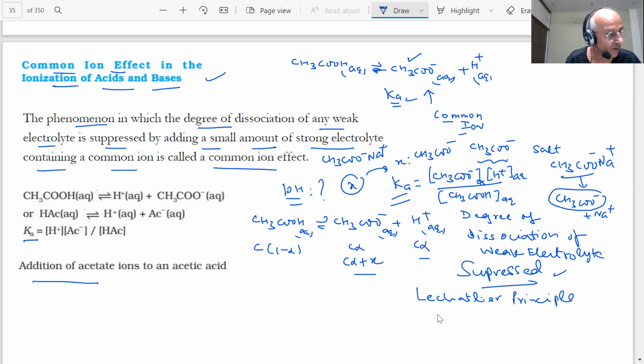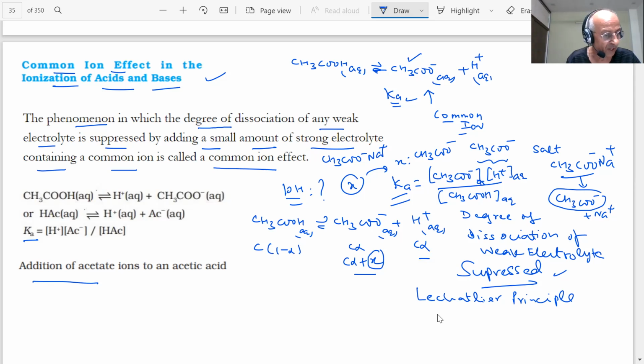What is the result, students? This will react to produce back acetic acid. It will react with this to produce... This X will react with what? H plus, to produce back the acetic acid, students. Therefore, there will be a change in the concentration of the hydronium ions, and this value will decrease. You will find there will be a decrease in H plus because H plus will react with this acetate ion to form back the acetic acid. So this is the result of what we are talking about, the common ion effect.